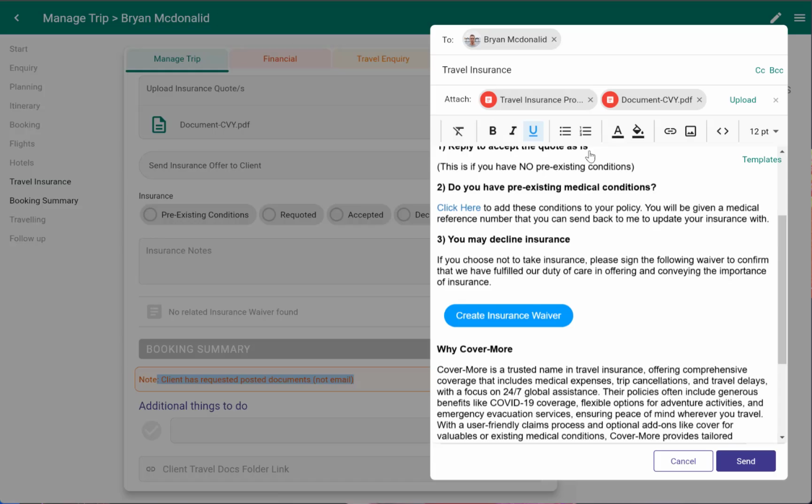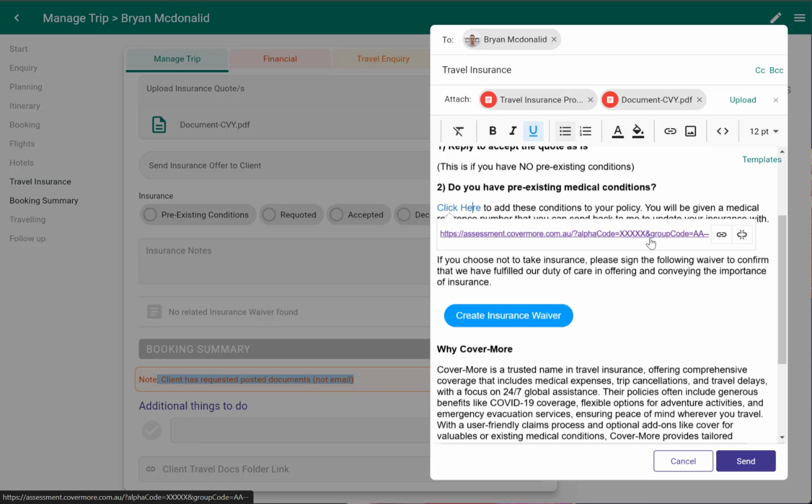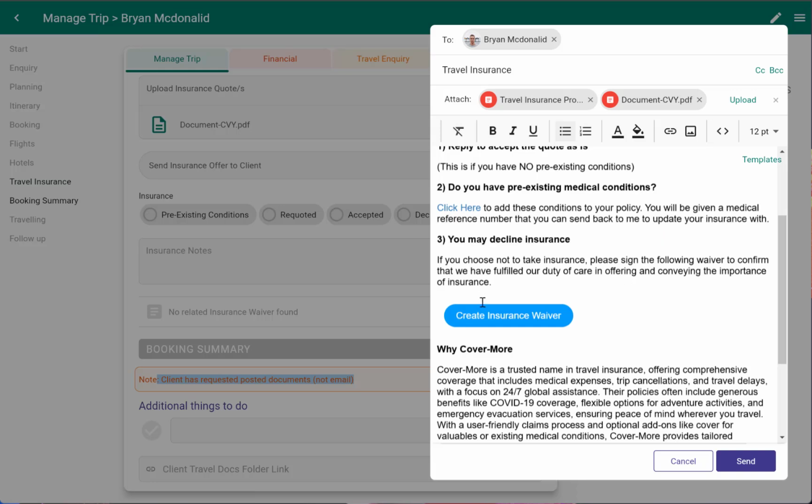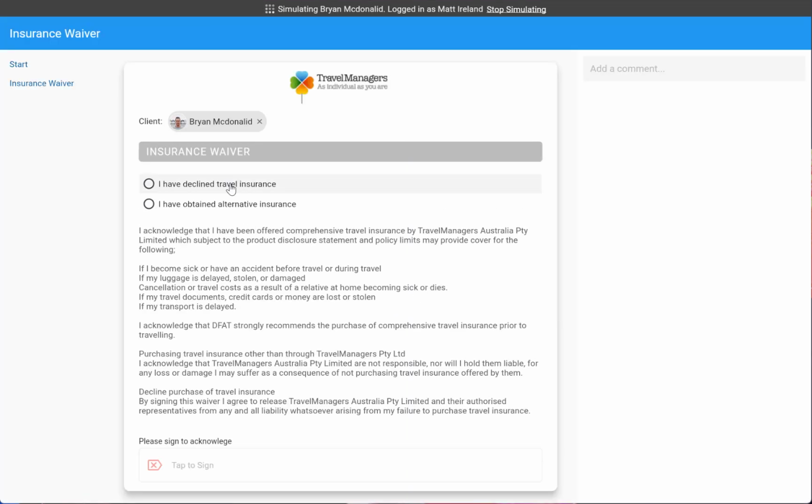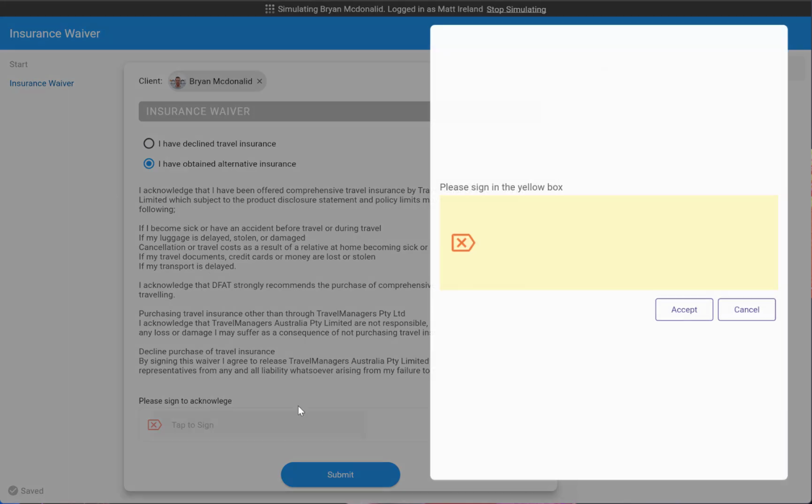And also, if you do that, just make sure you can see in that link there's an alpha code. So you've got to put your own alpha code so it gets attributed to you when they click on that. And the third option is to decline insurance, which will give them the following form. Let's click on it and have a look. So I'm just saying continue. Here's my option to decline, and I can click to sign